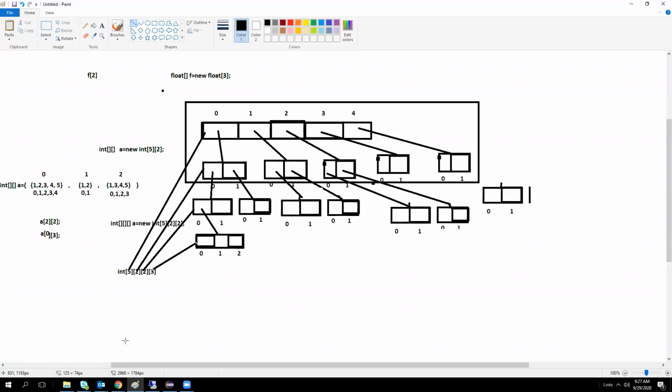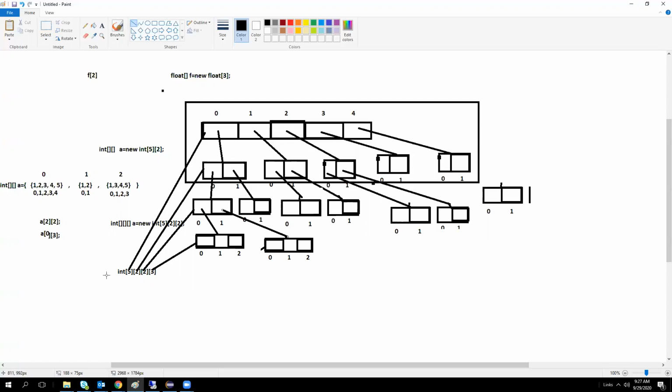This 3 means indexes 0, 1, 2. So we can store 3 elements in the 0th index of these 2 here. At the 0th index of the array, again one more array will be stored for this location. Like that, this structure will be created for these arrays also. Simply it means array within the array, array within the array. We can create any number of levels.